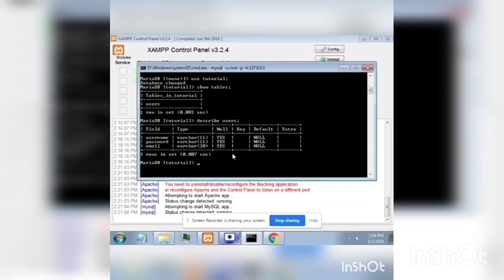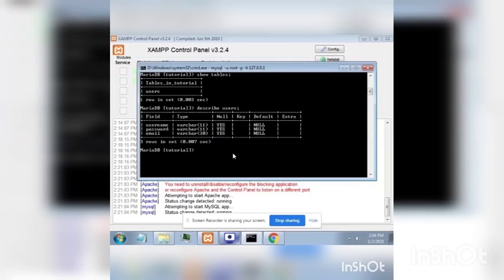To insert the data, type insert into, the name of the table, users, and the names of the fields, username. Then hit enter. Type values, say Benji12.